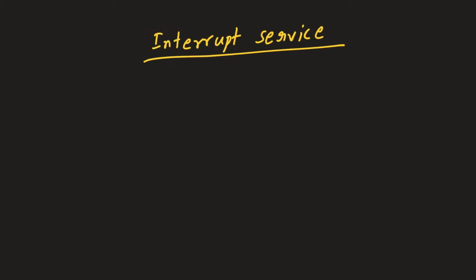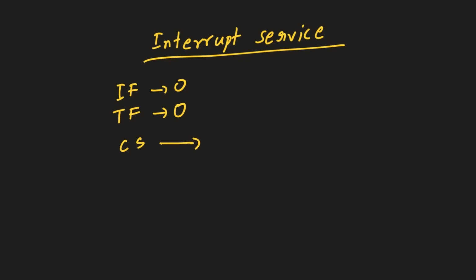Now let's discuss what happens when there is an interrupt. Initially the stack pointer will be decremented by 2 and the content of the flag register will be pushed to the stack memory. Then the interrupt system is disabled by making the IF bit of the flag 0. Also, the trap flag is disabled by making the TF bit of the flag register equal to 0. Then the stack pointer is decremented by 2 and the content of the code segment register is pushed onto the stack.